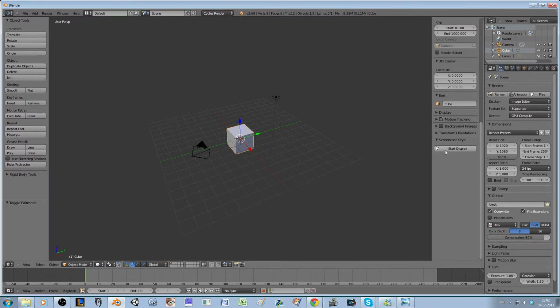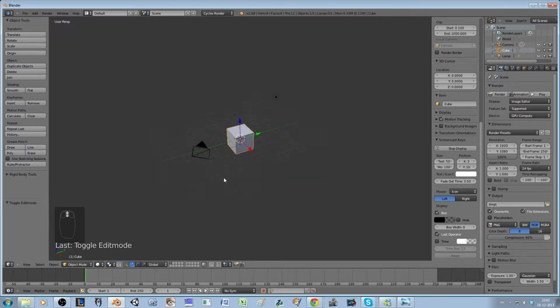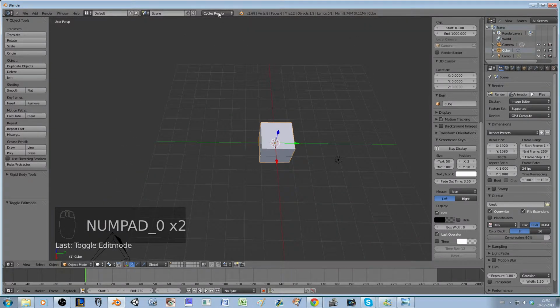This tutorial I got my screencast enabled. I forgot to do that last time, so here we go. Thanks for the comment. First of all, I'm going to use Cycles Render. I prefer it over the Blender render, and I use my GPU compute, which is a lot faster than my